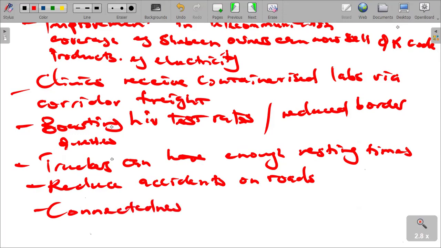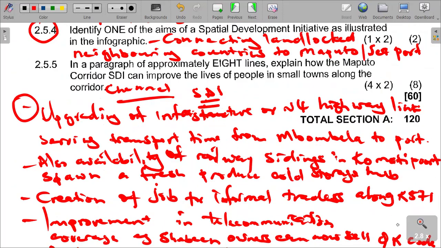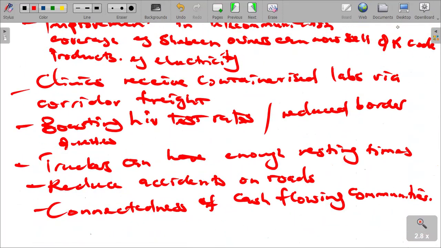These are all advantages that are coming as a result of the development of the Maputo corridor. So you can see these are quite a lot of advantages that we can give in this